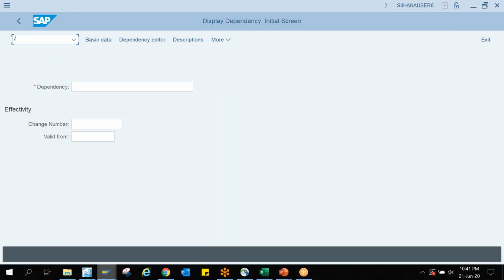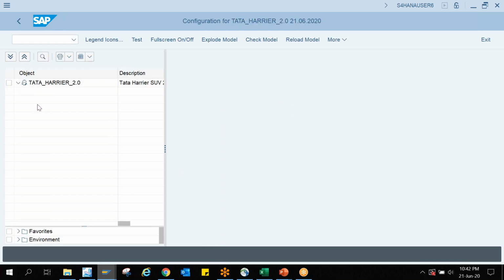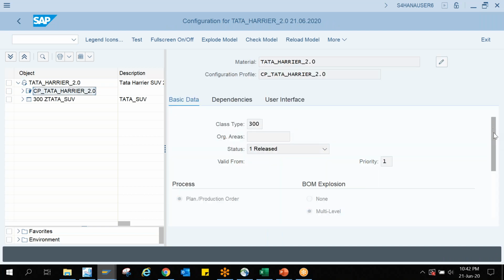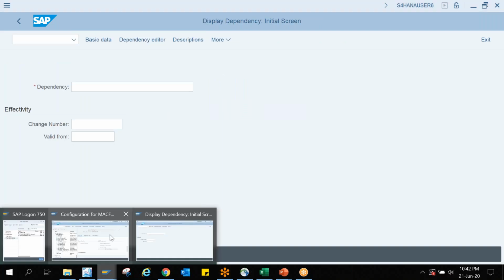And if I go with this one, and this one, this is my AVC processing. So, I guess that answers your question. Maybe in future they may release that, but currently this is what we have till 1909. One more thing we need to remember,